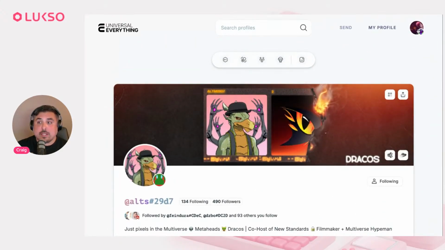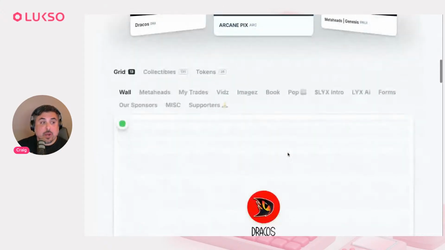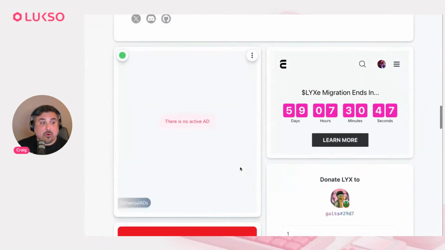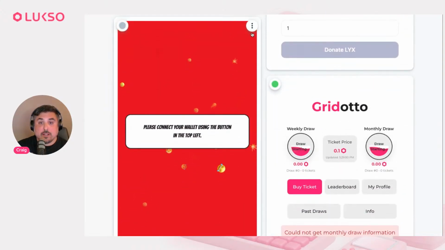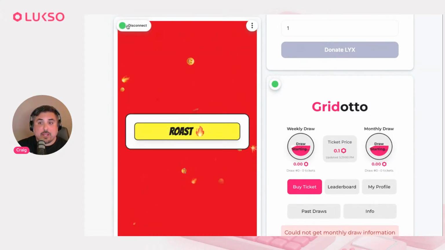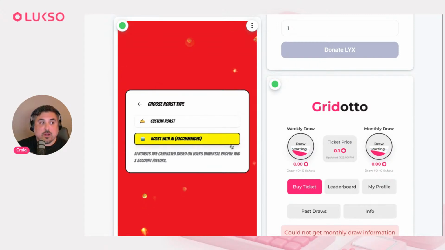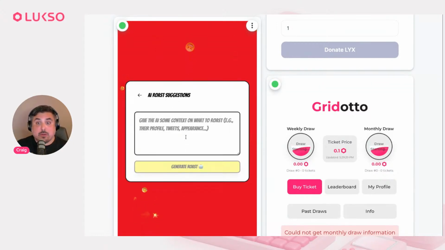You can see I'm logged in under Ethelorian in the top right-hand corner, but I'm on Alts's page. So when I go down to Alts's grid app for Roasted, which is right here, and I log into Roasted, I'm going to get a completely different view. I'm not going to see my admin dash panel. Instead, I'm going to get the opportunity to roast Alts. And this is just a simple wrapper of a basic Web 2 application, where this is integrated with Grok.